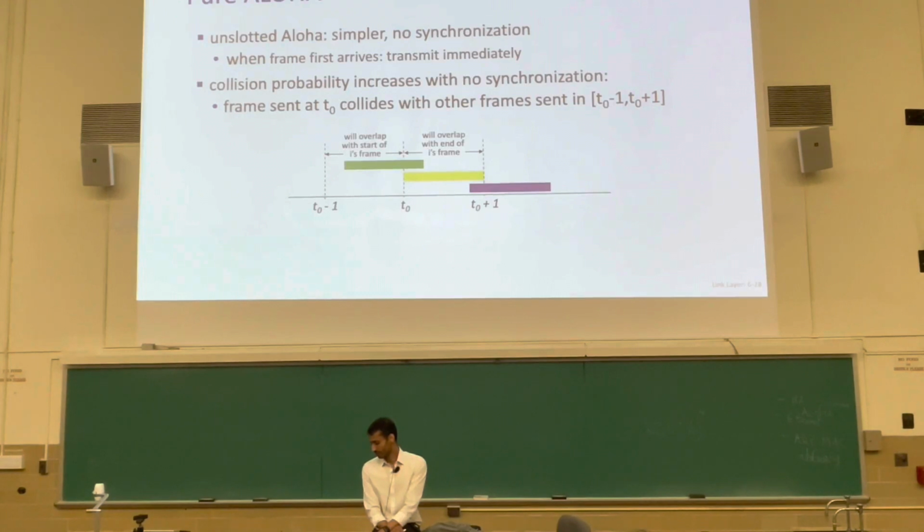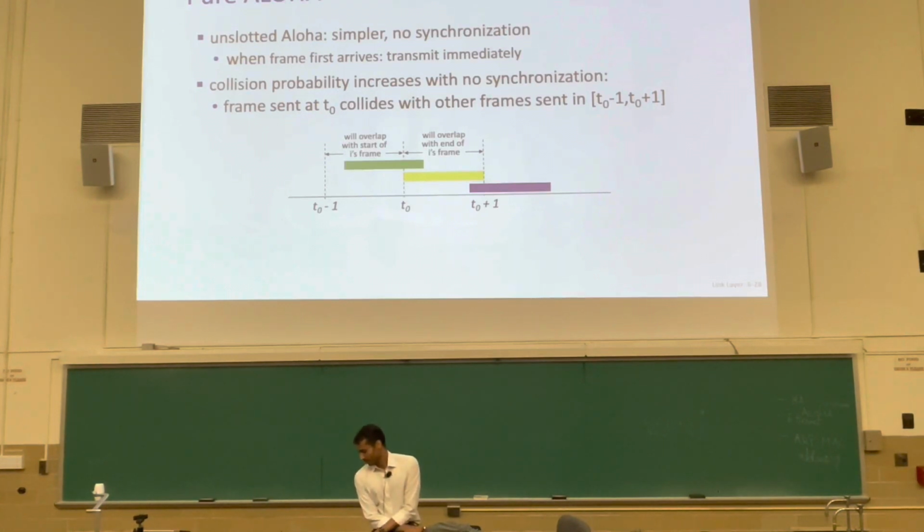So in this picture, this shows you the collision probability when there is no time synchronization, when nodes don't know where a slot starts and where a slot ends. Or they each have their own notion of when a slot starts and ends, but their clocks are not synchronized. This is the real world. In distributed systems, you don't have a central clock. It is not possible to have perfectly synchronized clocks in the real world. The small error matters. It's impossible to make that error zero, and that small error does matter.